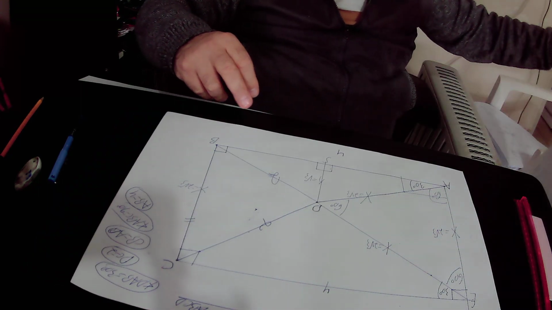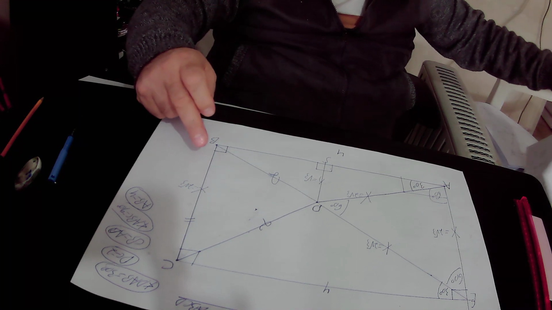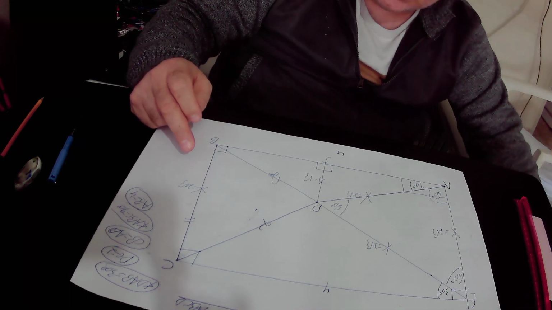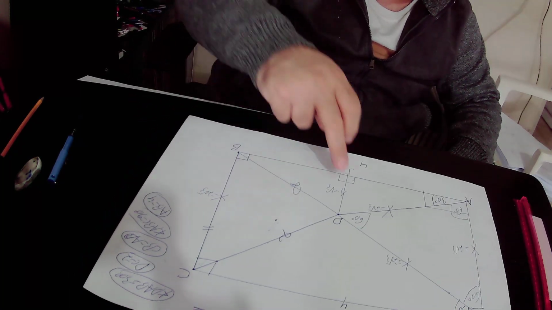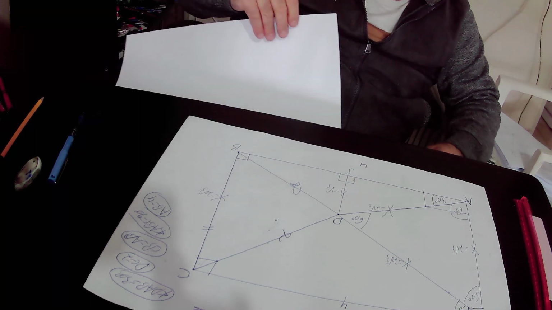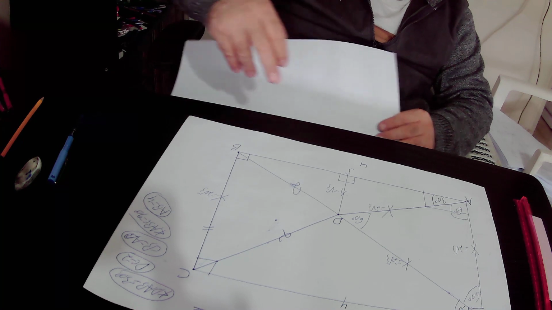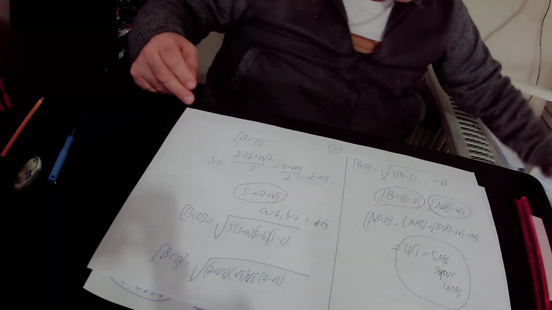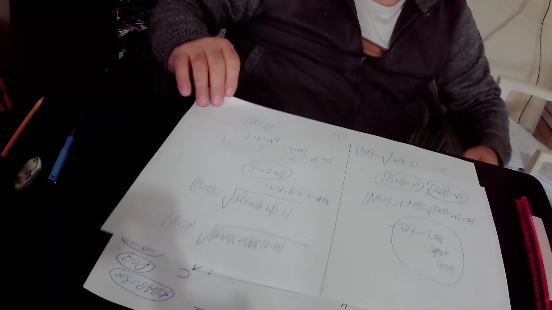Then the only thing left to do is to find the area of triangle BCD, because the area of triangle BCD plus the area of triangle ADB equals the area of quadrilateral ABCD. So we find the area of triangle BCD according to a special formula. First of all, we know that